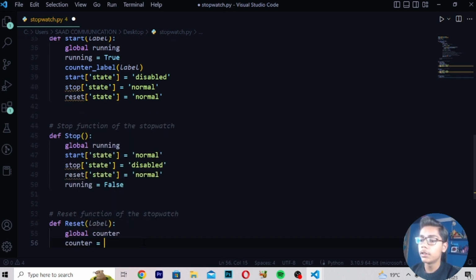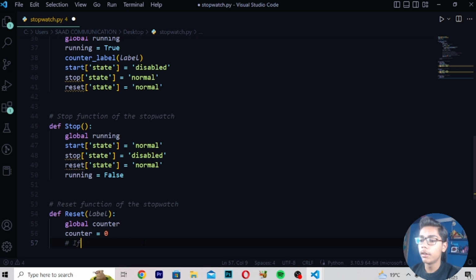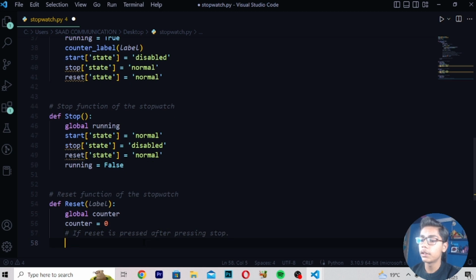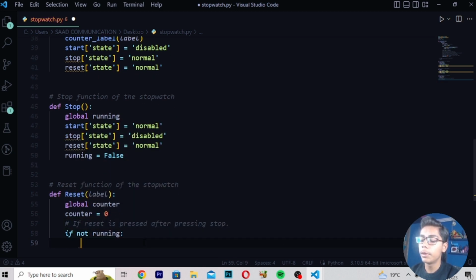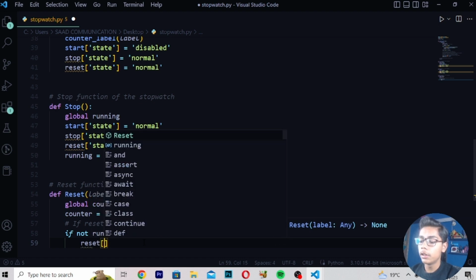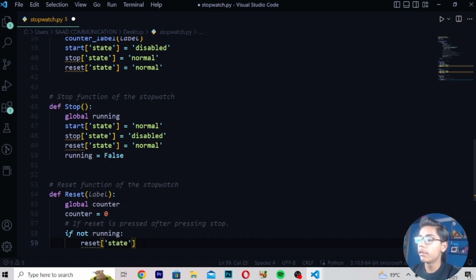Right here counter is equals to 0. Right here if reset, and then I will be writing is pressed after pressing 2. So here I will be writing, or you can say pressing stop. Then I will be writing if not running, and here I will be writing reset, and in reset I will be writing state. So when you've written this, I will now just write is equals to disabled,